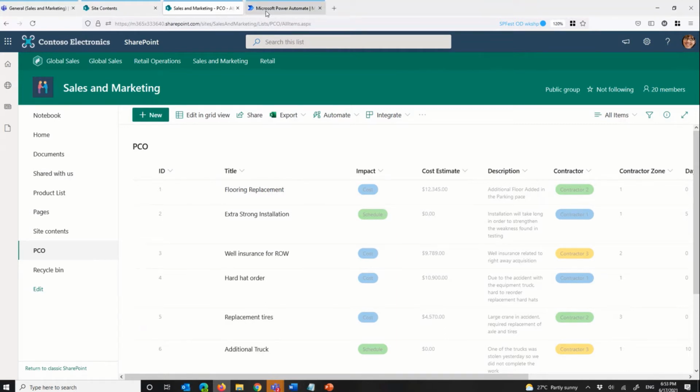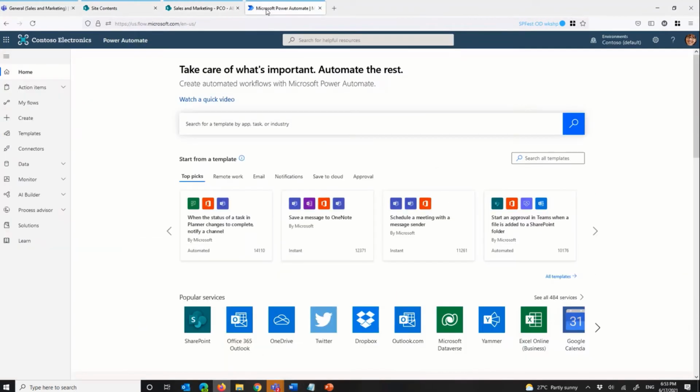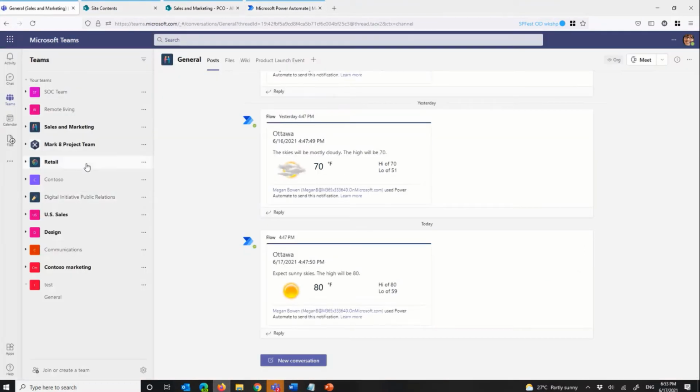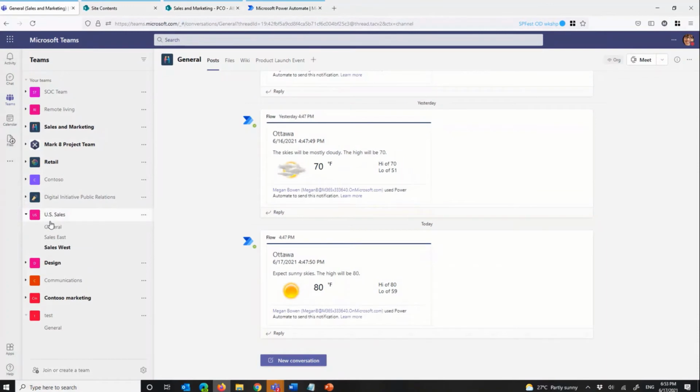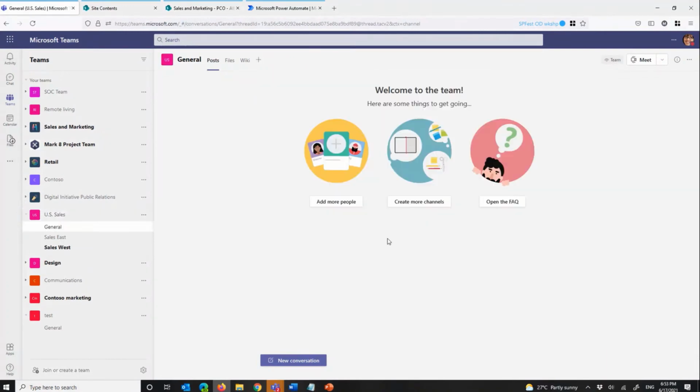So let's go into Flow. I'm just going to go into my Flow here. Make sure that when you are in Flow, you are logged into the same environment that you are in SharePoint and Teams. And let's look at where we're going to publish it to. So this PCO is in the sales and marketing, and let's publish it to this US sales